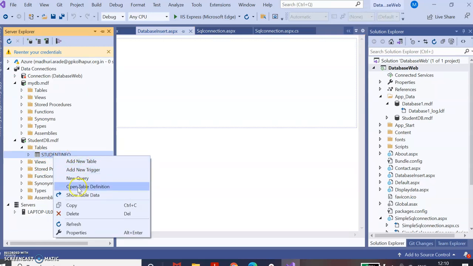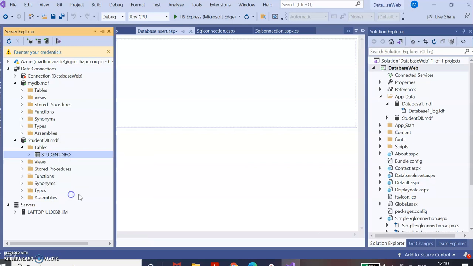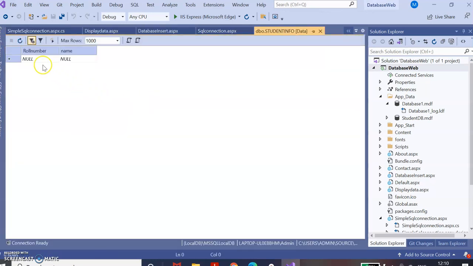If you want to open this to add the content, then choose Show Table Data. Now you can see here the null. So I'm adding some content: the roll number 01, the name suppose ABC, then 18600102, let's take, and XYZ. So right now we have added these two records.